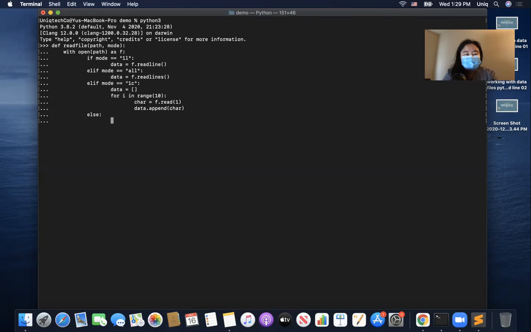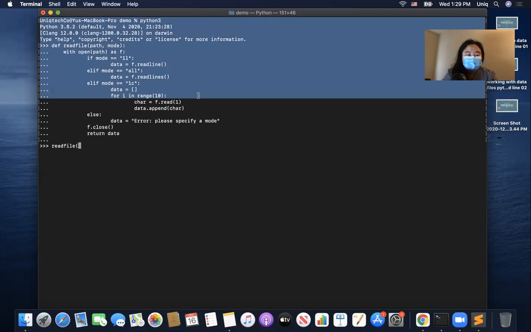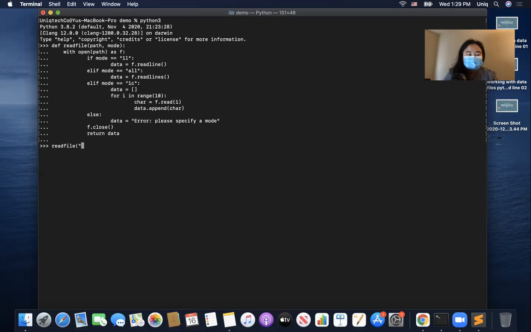So I just say, it's not very good, but we just say error, please specify a mode. And remember, we still have to close the file and then we'll return data. Okay, so kind of involved, but now we want to say object IDs .txt, and the mode